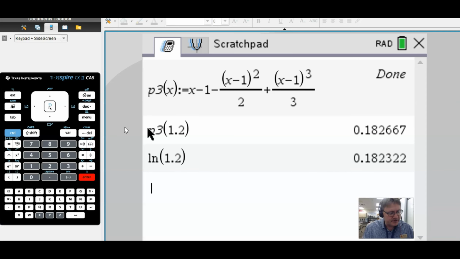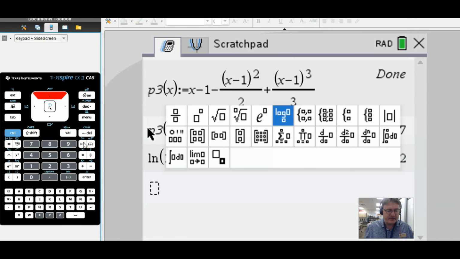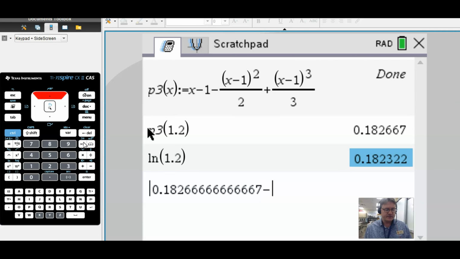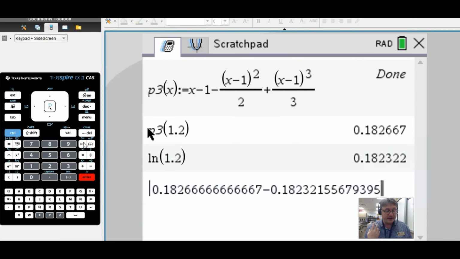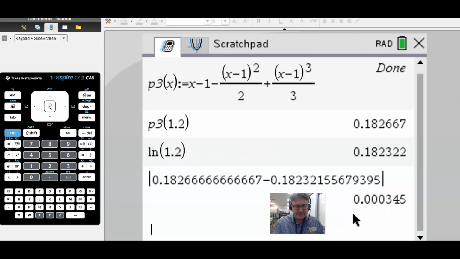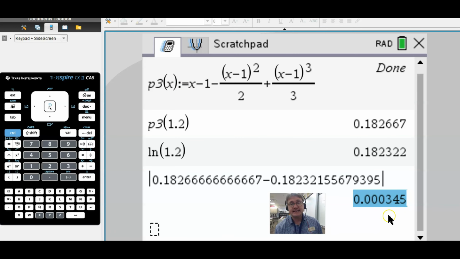And so I guess now what we're concerned about is let's take the absolute value of the difference between the polynomial and the actual. And since it doesn't matter which one that we enter because of the absolute value, I don't have to really worry about that too much. So I'll put in my approximation first, and then I'll subtract, and then I'll enter the actual value. Notice it's going to give me a lot more decimal places, which is fine. That's just more accuracy. Hey, we'll always take accuracy. And then if I hit enter and move my ugly mug, we end up with a value here that I think you and I will all agree is less than